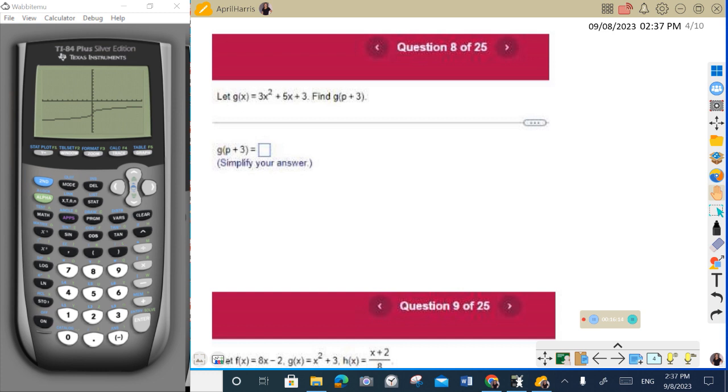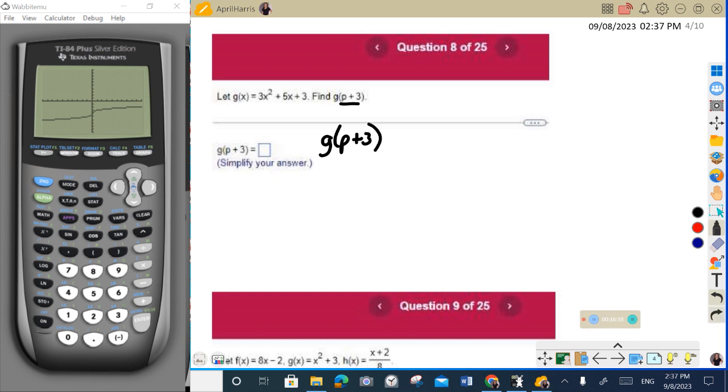Question 8 says, let g of x equal 3x squared plus 5x plus 3. Find g of p plus 3. Now, this is going to take a little bit of algebra work right here. All right? So everywhere that there's an x, we're going to put parentheses, and instead of x, we're going to put p plus 3. So to find the g of p plus 3,